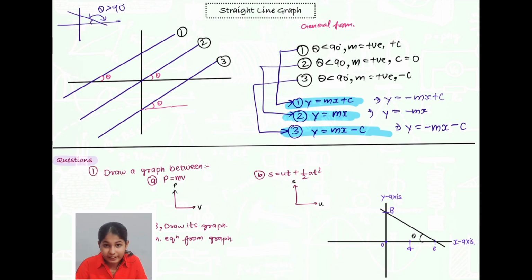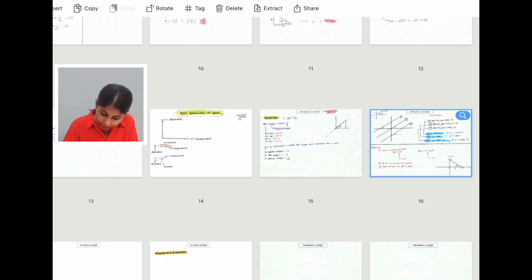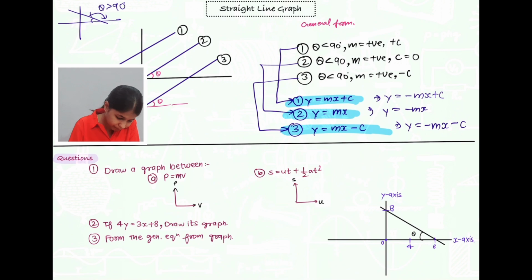Let's come to our next topic. As you know, our next topic is now to solve some question related to the straight line graph. So I hope you all have understood. Now let me add a page so that I can start solving the questions. Okay. So our first question is, draw a graph between